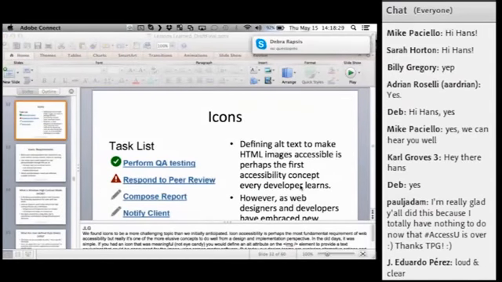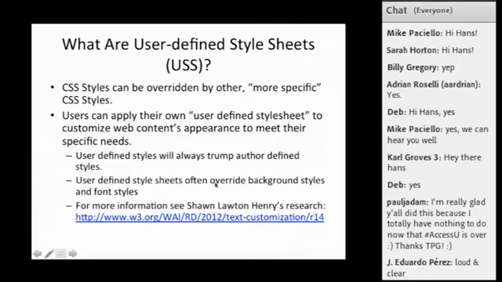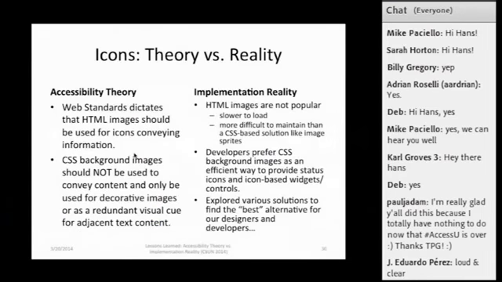They're more difficult to maintain than CSS-based solutions, where you can basically group all icons together in a big sprite, and then that sprite image has to be downloaded once from the server. You don't need multiple round trips for each individual image, and it just speeds up the page a lot.